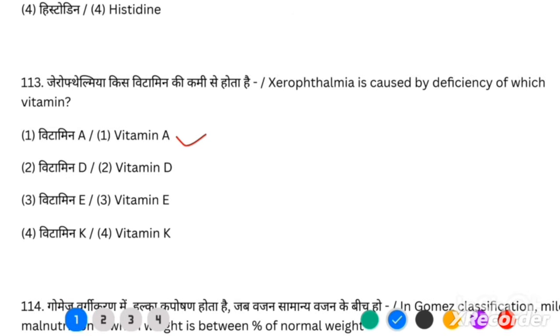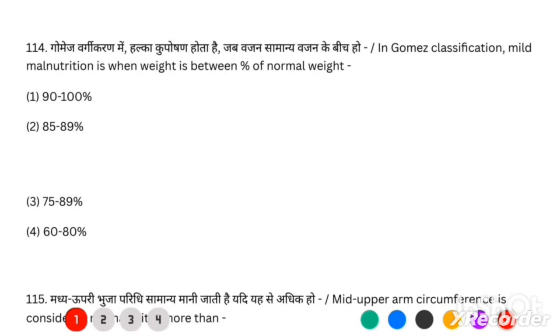While talking about the other options, deficiency of vitamin D causes rickets, deficiency of vitamin E causes sterility, and deficiency of vitamin K causes bleeding. So our next question is, in Gomez classification, mild malnutrition is when the weight is between what percent of normal body weight? So talking about Gomez classification,